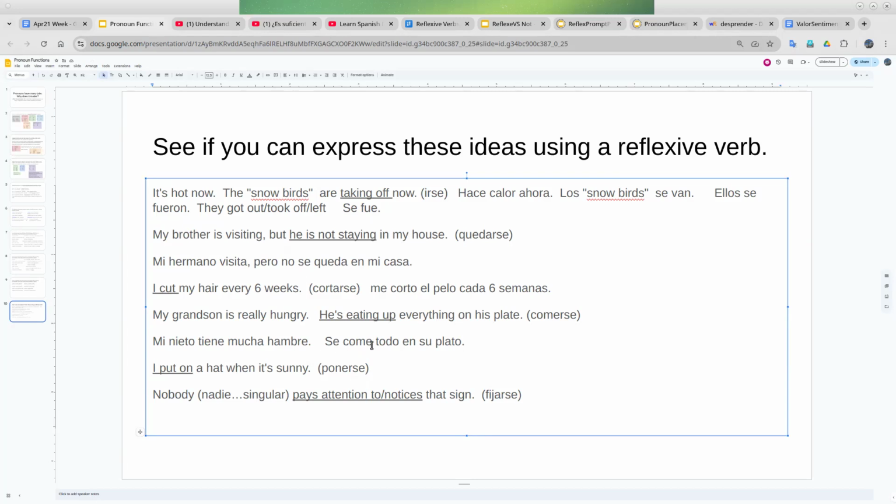And the se come is, we match up the come, third person, with se, that little reflexive pronoun, to get to se come. All right, and now we've got I put on a hat when it's sunny. And to put something on your body, whether it's sunscreen or perfume or clothing, whatever you're putting on your body, that becomes a very traditional kind of sense of that reflexive verb, pongo.